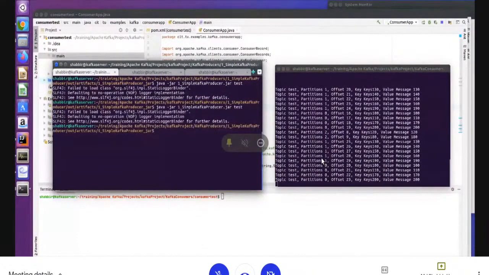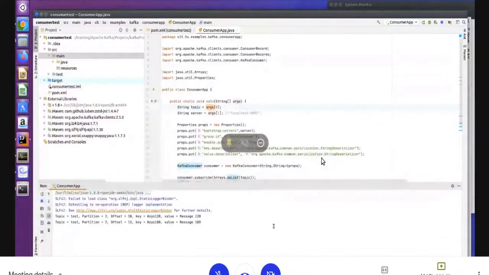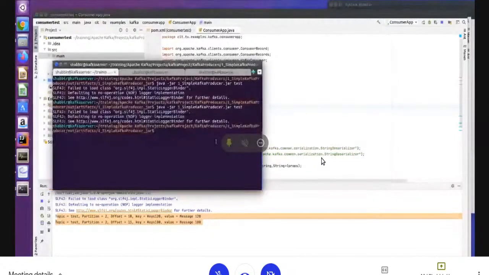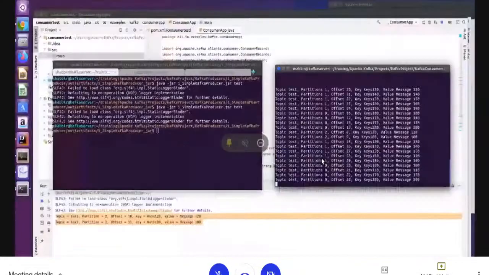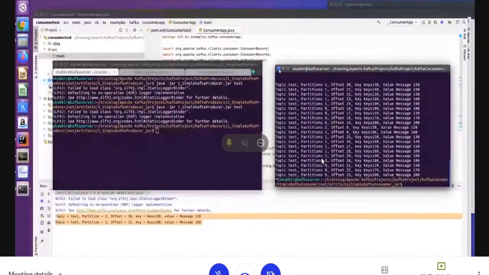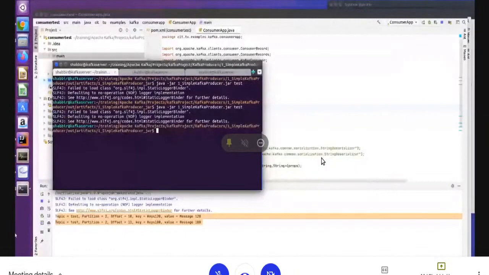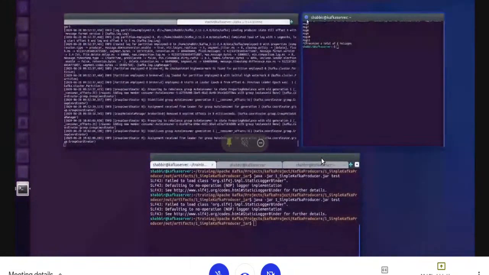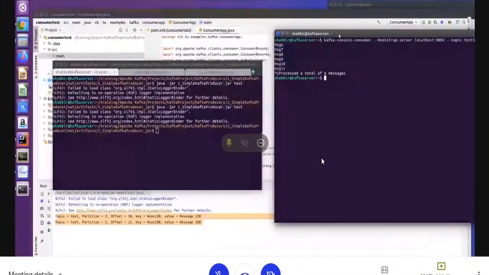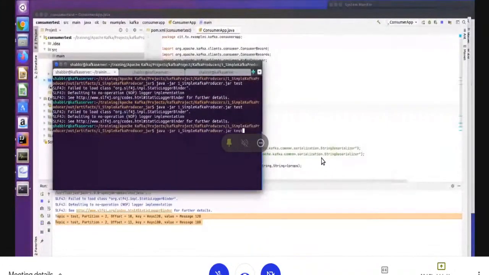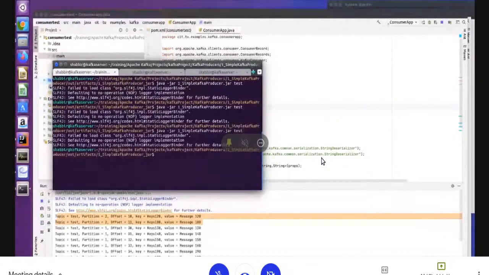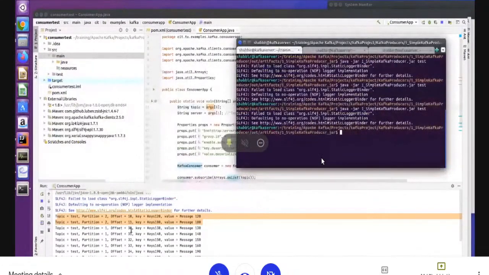It has produced this. Let's see here. You can see the message is start reading, right? And why is it showing the view message here? Because the two consumers are running. Let me close one consumer. Let me produce again. Yeah, you can see it. All data you can see here. If you produce here, you can see that it is listing your data here, right?